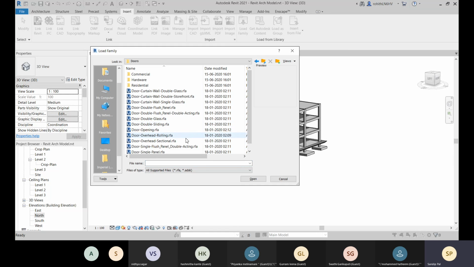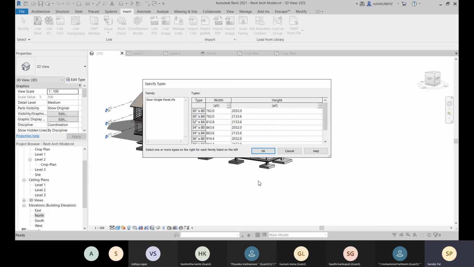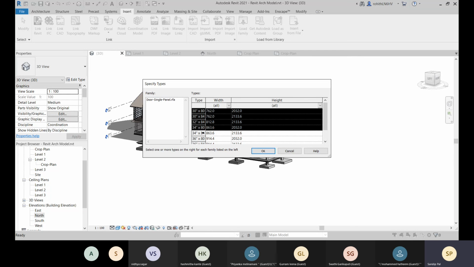Like suppose you want to add some doors over there, some doors, so that you can select, and that will be loaded. Suppose if you go for this, there are so many types for this category door, you have to select the types you want to insert.